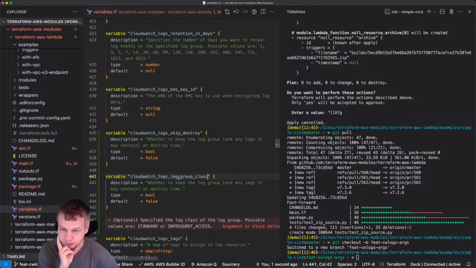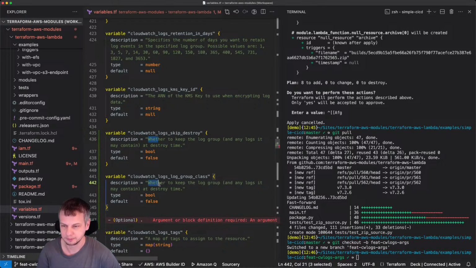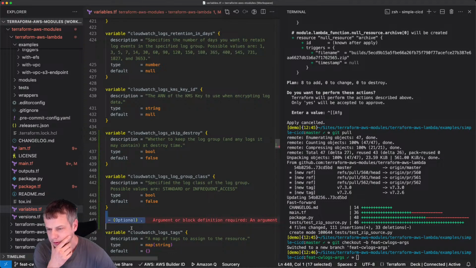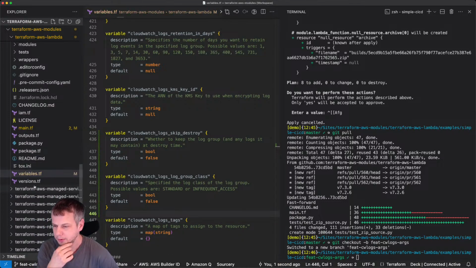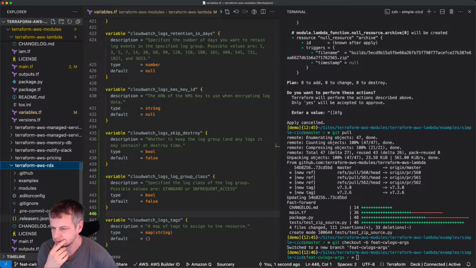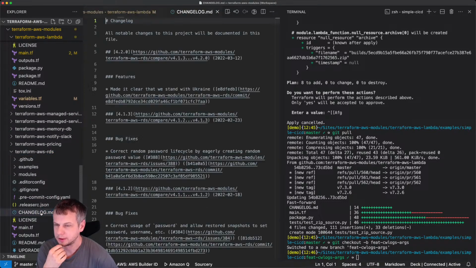CloudWatch log group class. Sounds pretty amazing. Specify the log class of the log group. Where do we have it? I think we have it in RDS. Right. I don't know if I have it here.